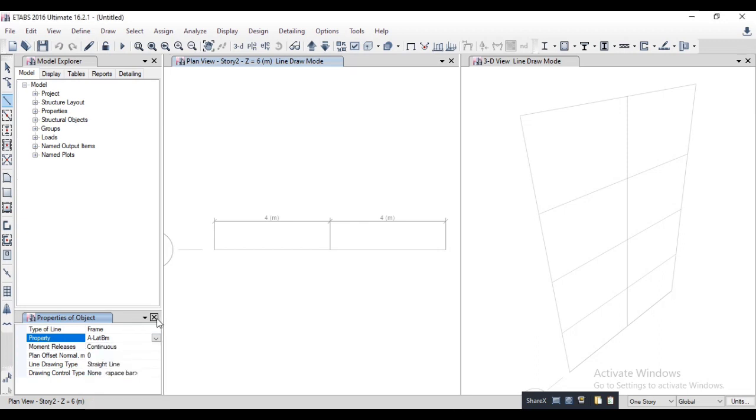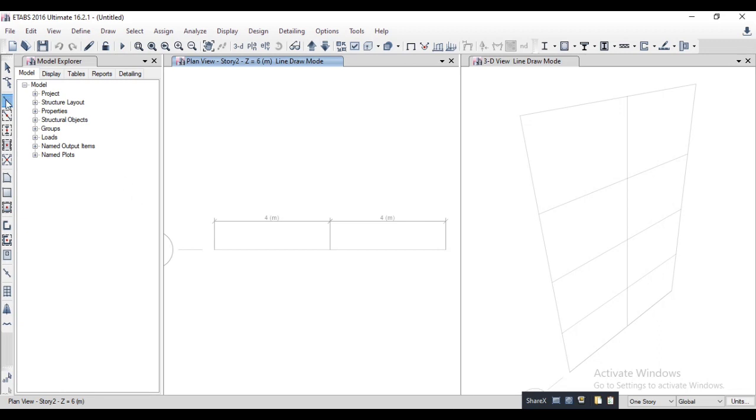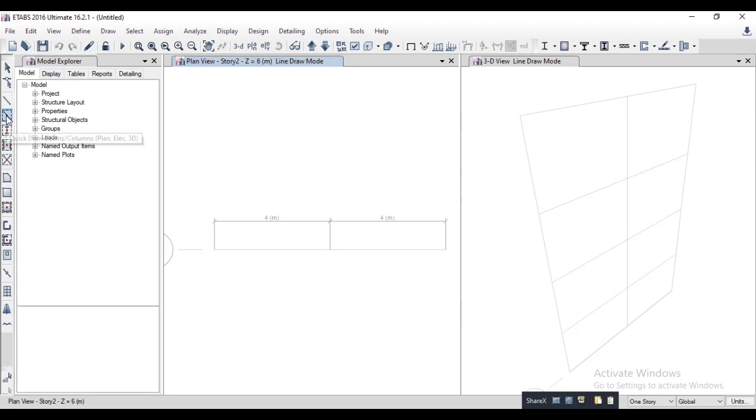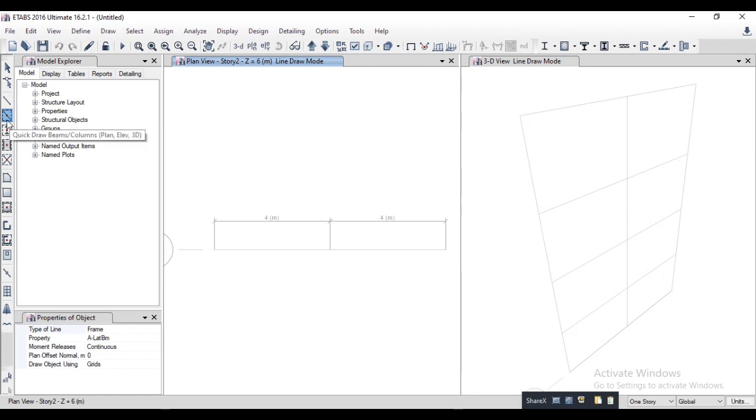Another method is you can directly choose draw beam column here. Both tools are the same, and if you want to choose quickly, you have to go to Quick Draw Beam/Column, and then drag it. The easiest way to draw the beam is to go to Quick Draw Beam and click it.